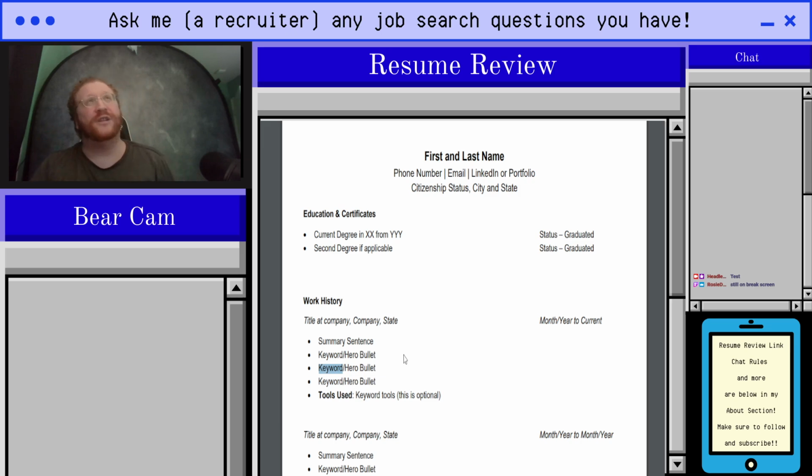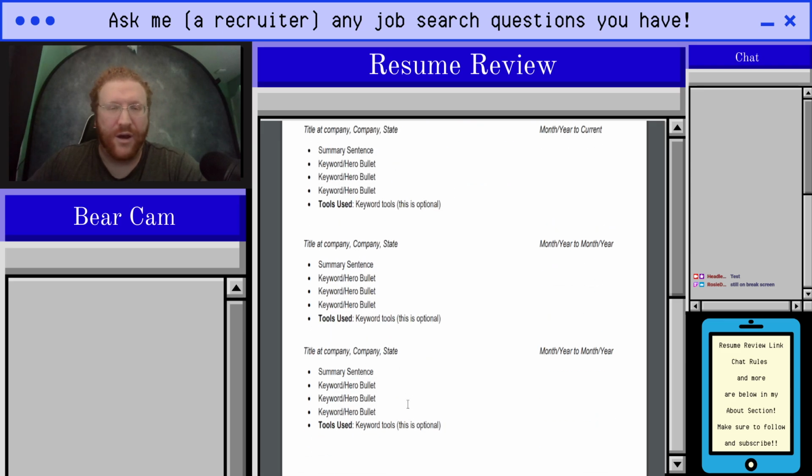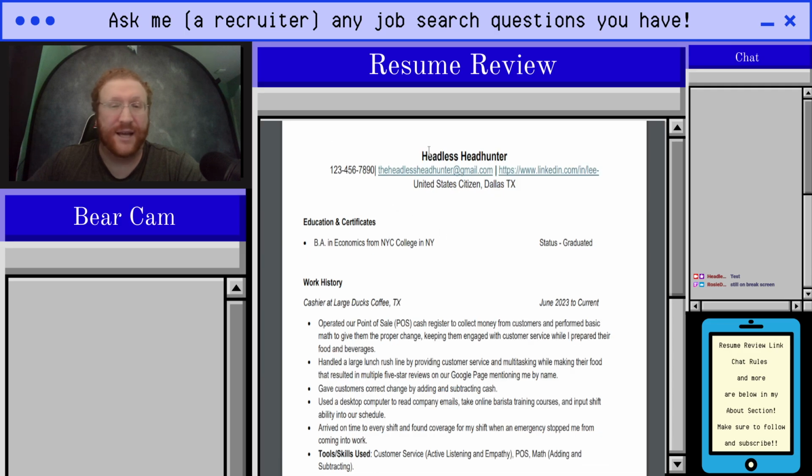I want to see stuff about oncology, kidneys, diabetes, that kind of thing. And then tools used here if you need to. Just use like Excel and that kind of thing because you still need it. And I want you to do that all the way down. I want it to be like this, and this is an